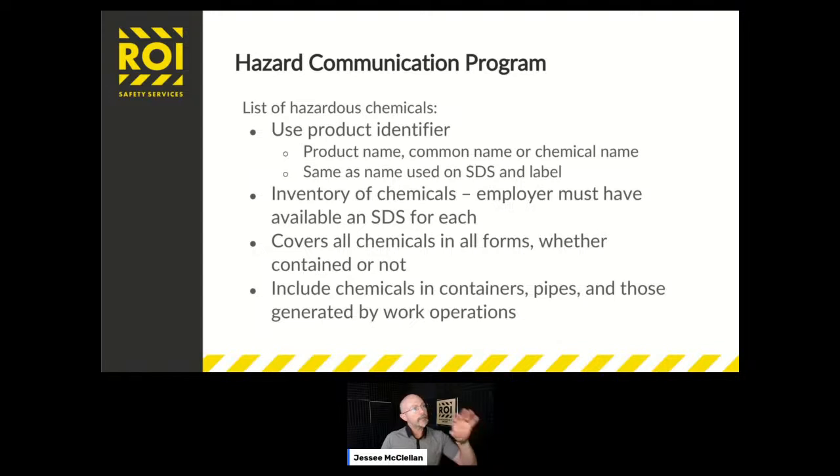And this section of the training, we are going to briefly skim over. Again, this training is to give you guys a good idea of what you need to do. And this is not a very difficult program, but it's not super easy in the sense that you need to have some kind of inventory. So if you have a machine shop and you got 400 different chemicals laying around, it's a good time to take inventory and do some housekeeping. Okay, get everything in order, clean everything up, and make sure that you get your safety data sheets for every product. You absolutely need to have one for every product.